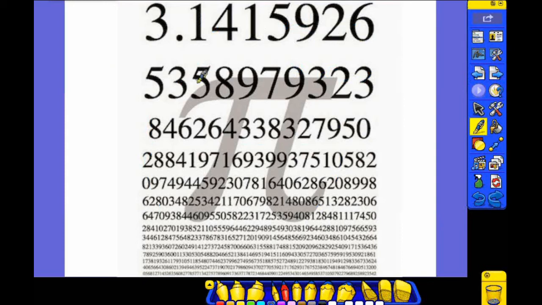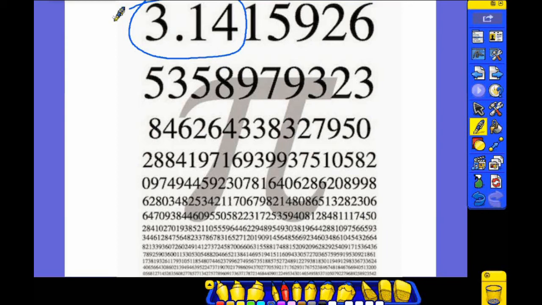3.141592653, and so on and so forth. It goes on a really, really long way, possibly infinitely. However, all you need to really know for the purposes of this video is that pi equals roughly 3.14. So in this video, anytime I'm doing any sort of calculation using pi, I'm just going to treat it as